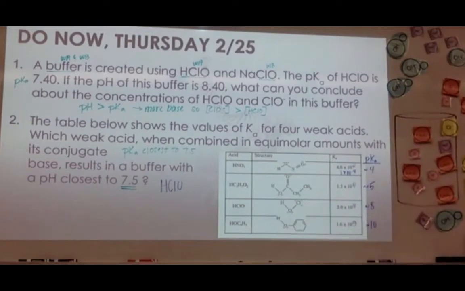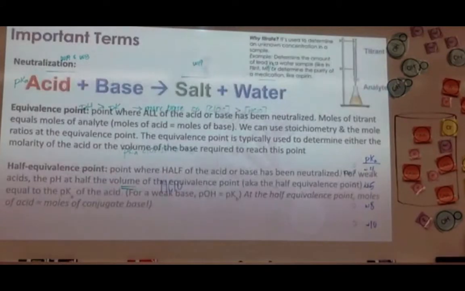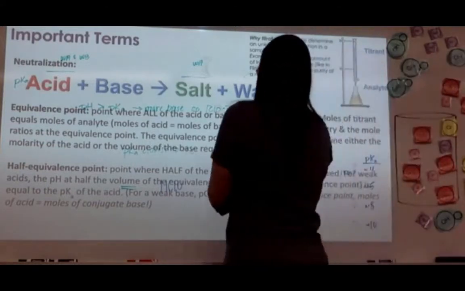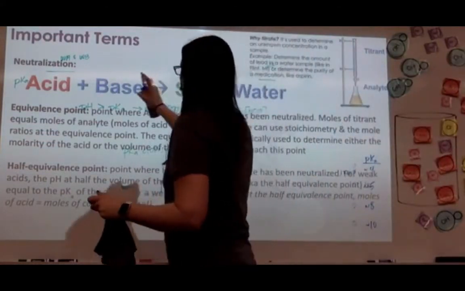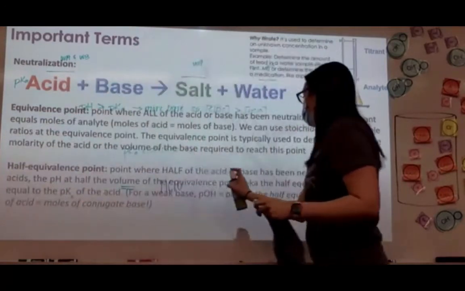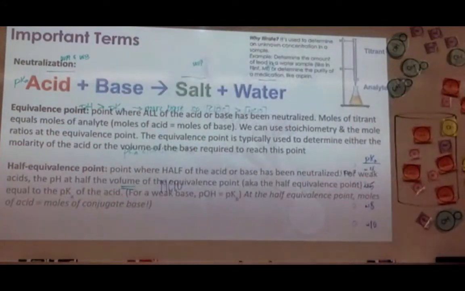Okay, if not, so you can get out your notes. We're actually going to be going through just 2 examples today. But before we get through the examples,